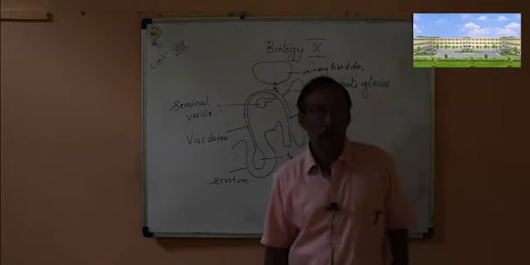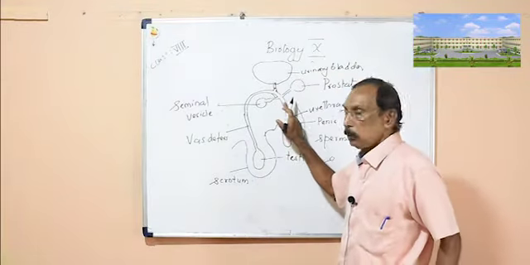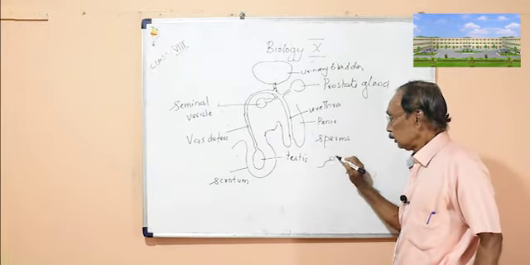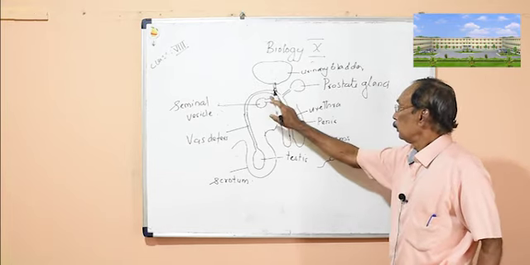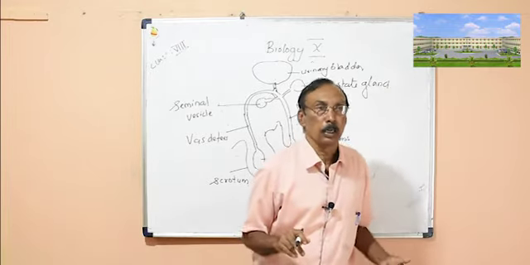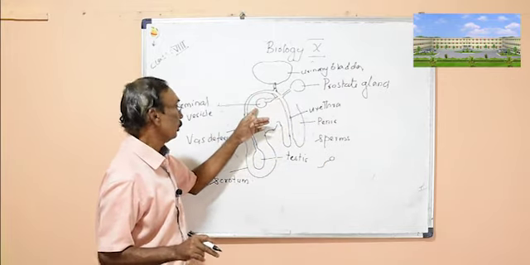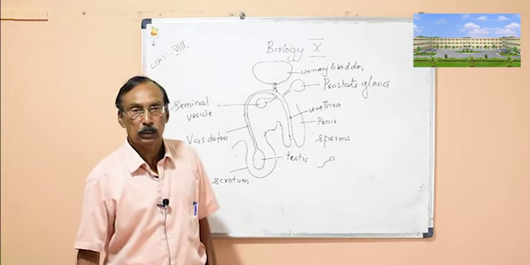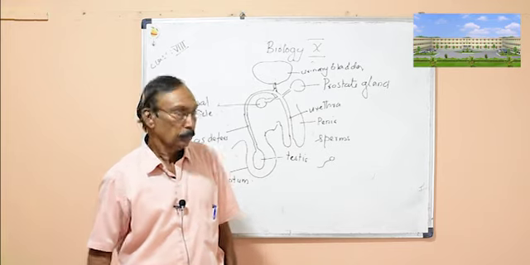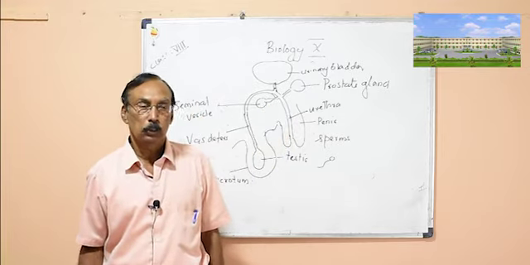So what is the function of these secretions? One function is that they help the movement of the sperm. I told you it has a head portion and a tail, so it can move through the fluid produced by the seminal vesicle and prostate gland. And it also provides nutrition, food, to the sperms. So the question that can be asked is: what is the function of the prostate gland and seminal vesicle? They produce secretions which help the transport of sperms, and also provide nutrition to the sperms.